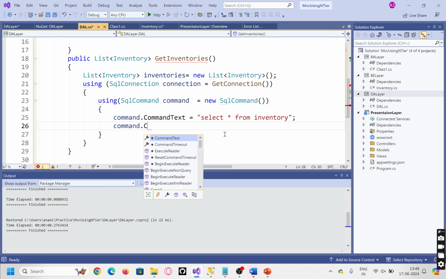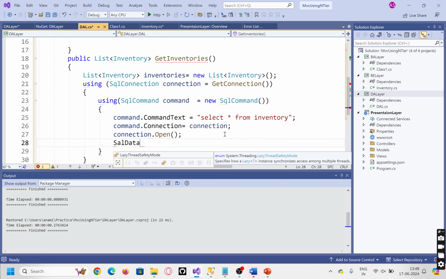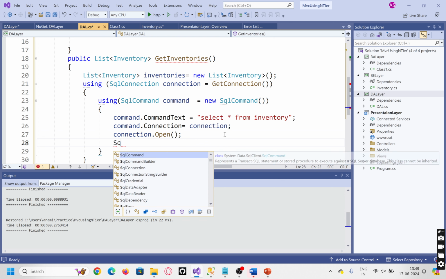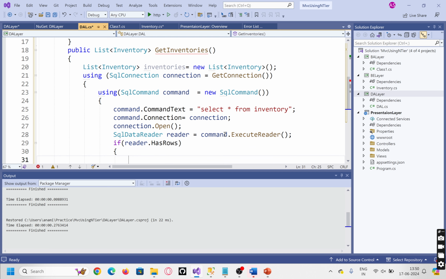Again, command.Connection is equal to this. But next, connection.Open. Then we should write here SqlDataReader, command.ExecuteReader. If reader has records, if it returns true, then what we should do, again, I should use